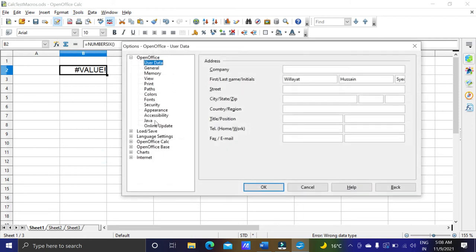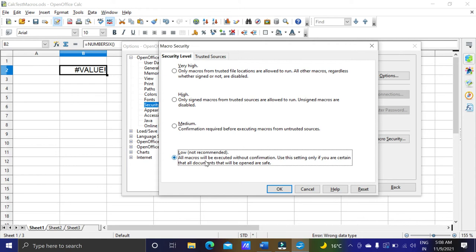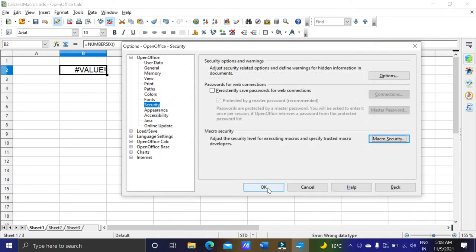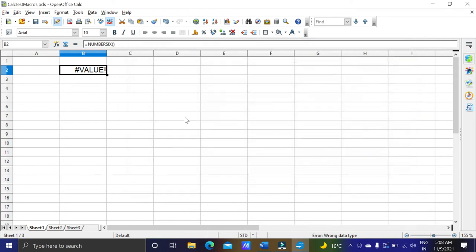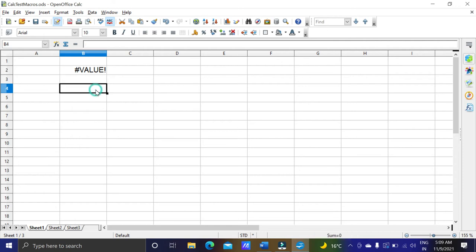So let's see in Options, then Security, Macro Security, and it is Low. Let's reset, okay, and then OK. Still not getting the value.